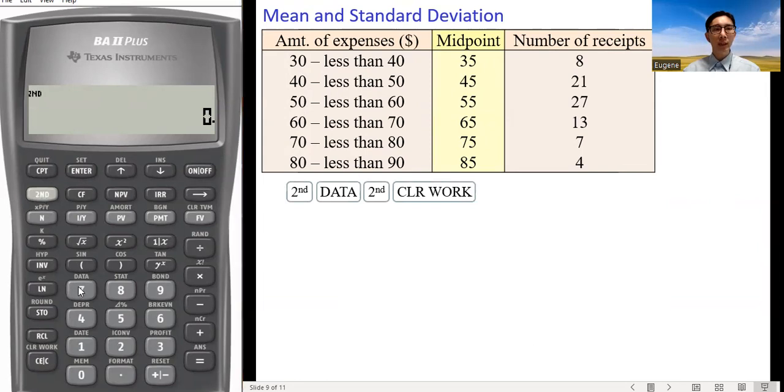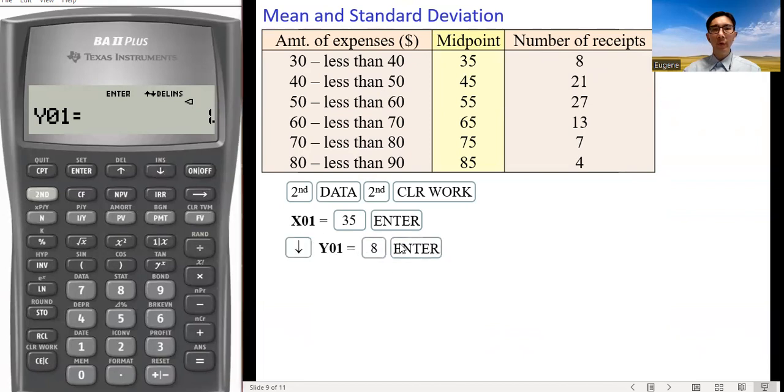Activate the data worksheet. The first data value is 35. In this class, there are 8 receipts. So this is the frequency, 8. The next one is 45 with frequency 21.